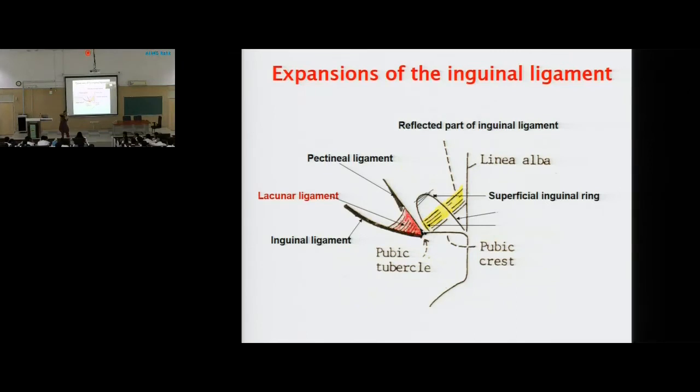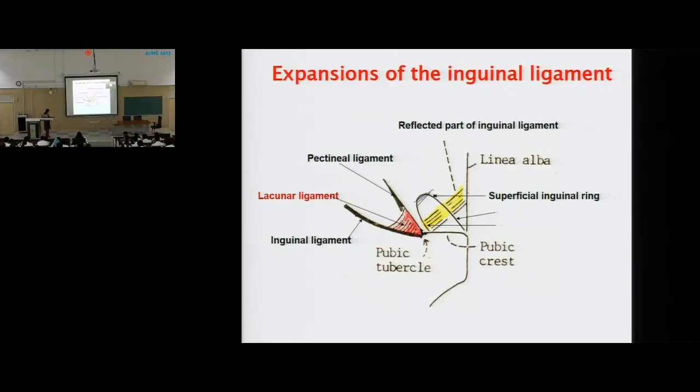So when these fibers are going to stretch like this, they are going to form a C-shaped lacunar ligament. It is going to go like this and get attached onto the pectineal line. So they are going to form this, and this is called the lacunar ligament. ये lacunar ligament जब stretching हुआ है, it is going posteriorly. It will have a lateral free margin. So this is the lateral free margin of the lacunar ligament. Clear? Lacunar ligament clear हो गया.